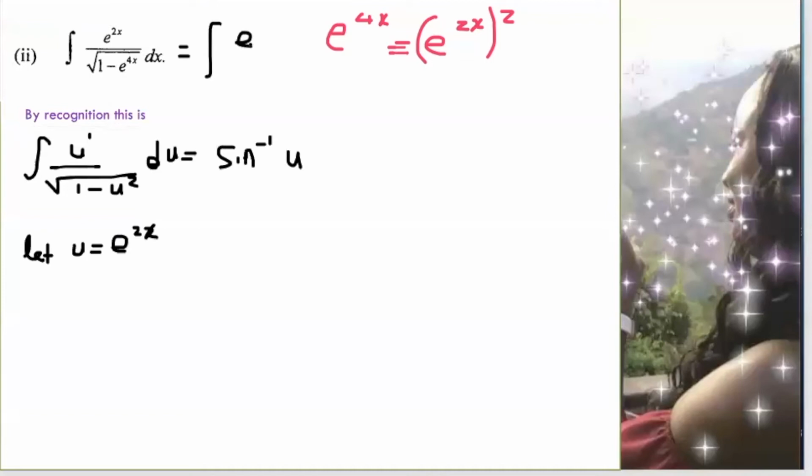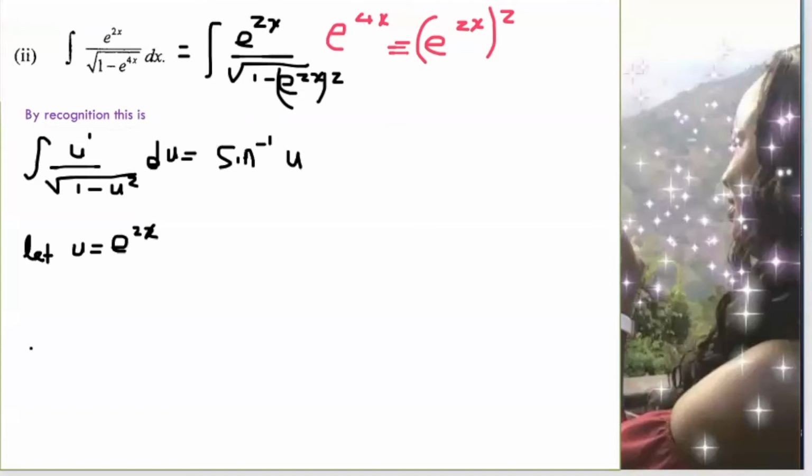Now before I do that, I need to first manipulate the denominator as I've stated before that I should. So 1 minus e to the 4x is 1 minus e to the 2x all square. So having the following above, I can now see where I need to replace e to the 2x to be